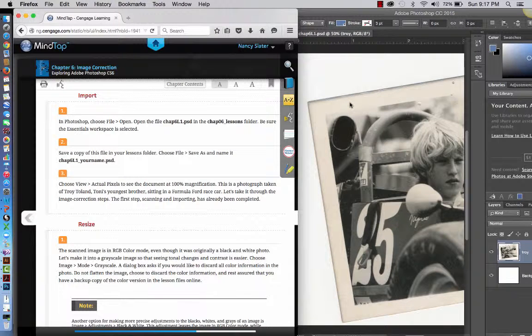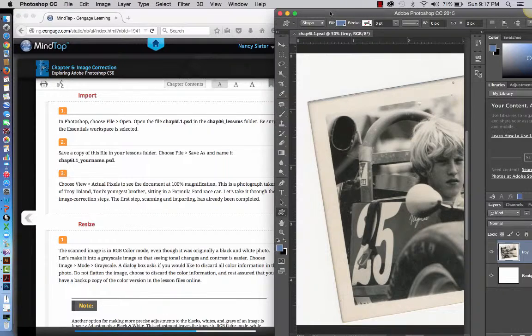Hey, welcome. This is Chapter 6 in our Exploring Adobe Photoshop CS6 with CC Enhancements textbook, and we're working with image correction in this particular chapter. And I will be starting you out with the exercise that's ultimately due as your skills review, along with the questions, of course. So let me demo a little bit of it, and then you will get going on your